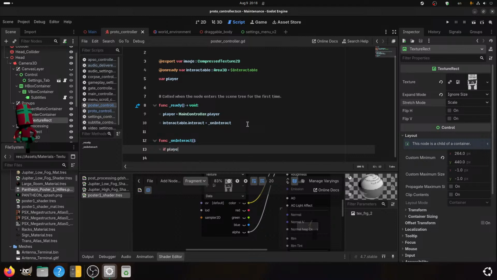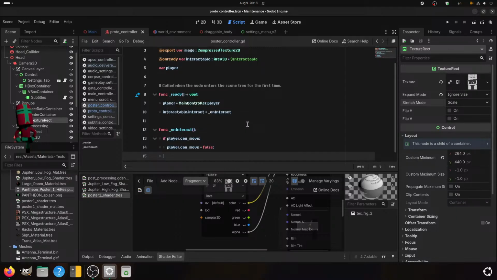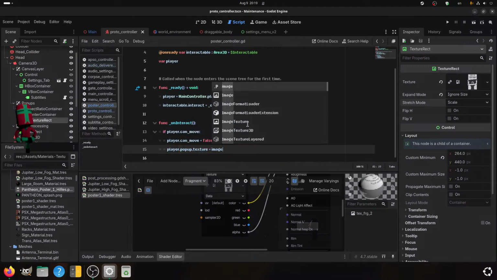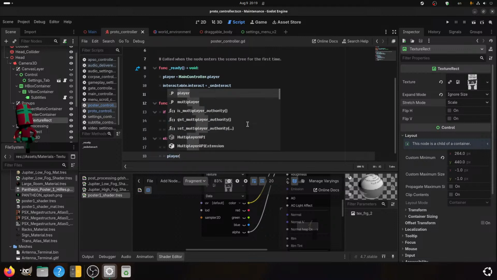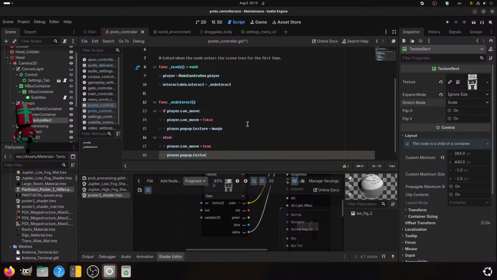On interact, if player can move, then player can move equals false, and player dot pop up dot texture equals image. Else player can move equals true. Player pop up dot texture here.